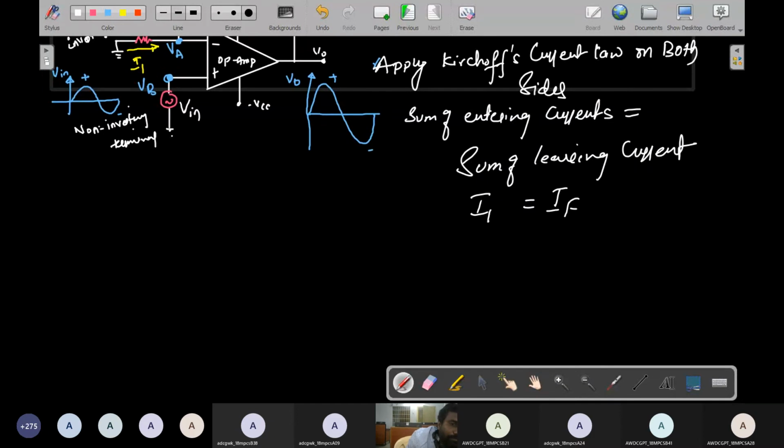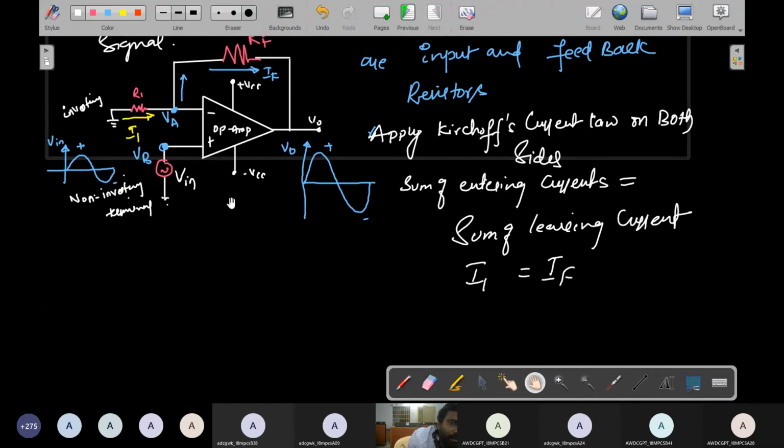From this equation, once again see the diagram. I'll prove the left hand side with current I1 first, and the right hand side after that. We know that I is equal to V by R, so I am using this principle. Now I want to find the voltages and resistors. Here the input voltage is 0 because it is the ground voltage. There is no voltage across this point, so it is represented by 0 volt.